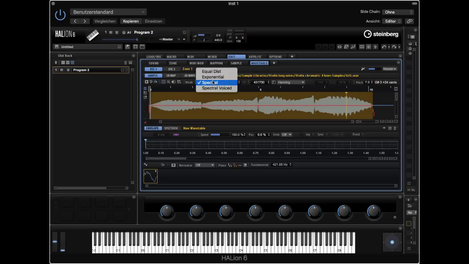Now we have different modes. First, let's select the equal distance, which will distribute all markers over the sample equally. And you can set the number of markers here. So let's say we want 100 waveforms extracted from that sample,